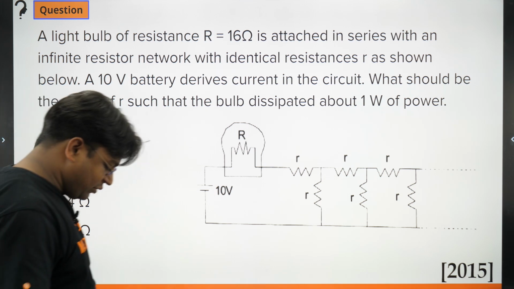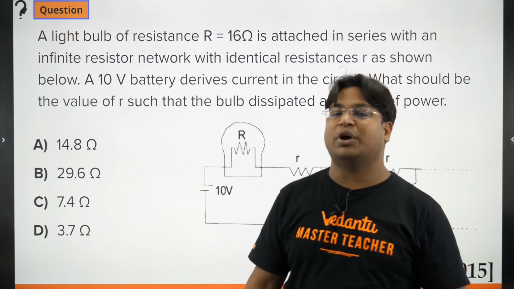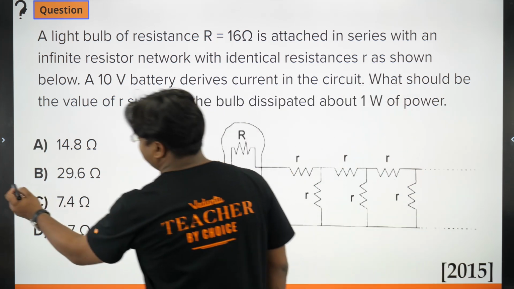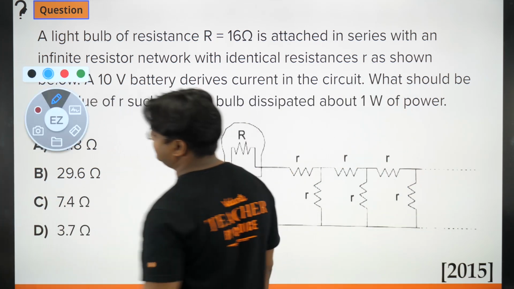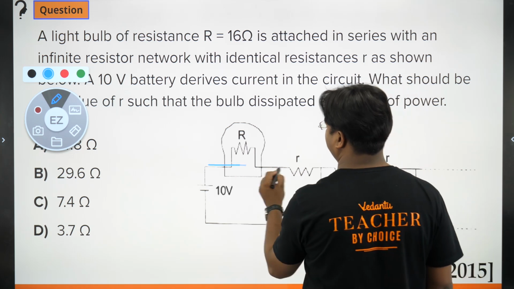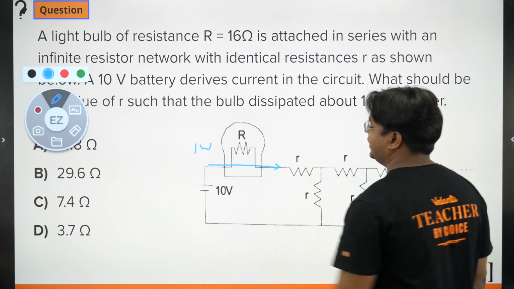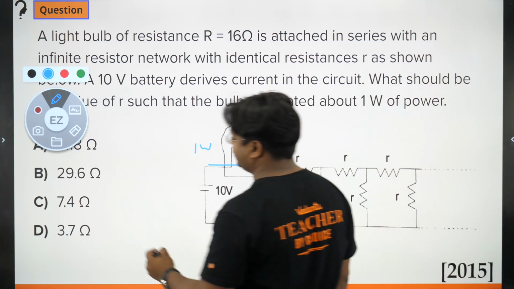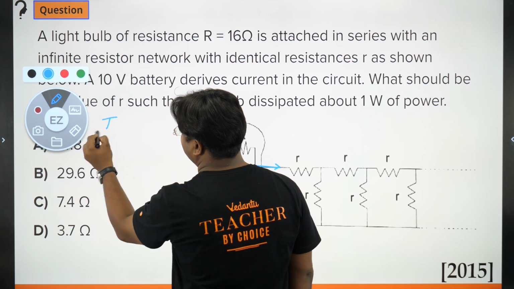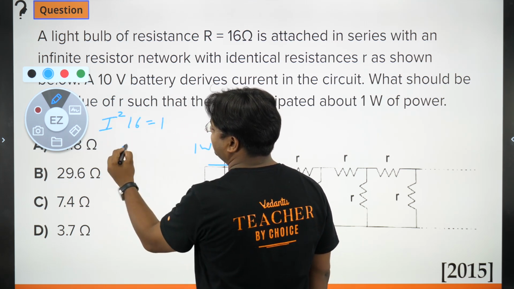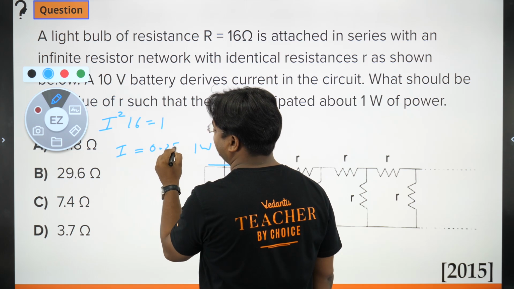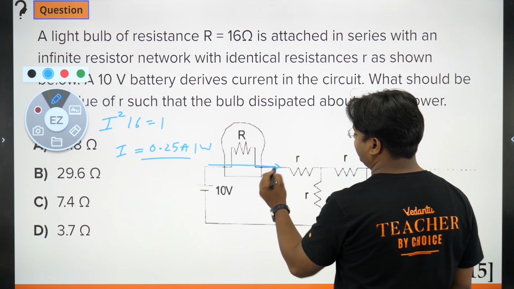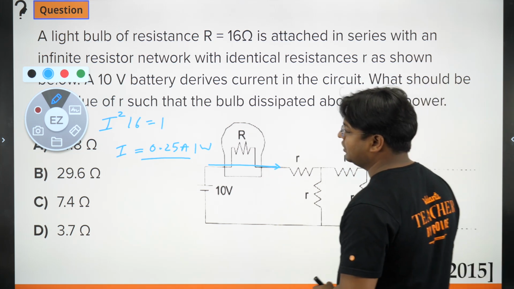बल्ब डिसिपेट. देखो क्वेश्चन में कह रखा है कि बल्ब अप्रोक्सीमेटली 1 वॉट डिस्प्ले प्रोड्यूस करे, ठीक है. तो इफ दिस बल्ब इज प्रोड्यूसिंग 1 वॉट, इसकी रेजिस्टेंस है 16. सो द करंट फ्लोइंग थ्रू इट शुड बी, I should be writing I square into 16 as 1. So I comes out to be 0.25 ampere. 1/4 आ जाएगा, ठीक है. So this much current should flow. Alright. So that means